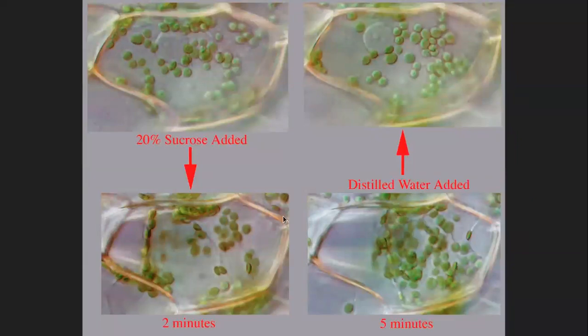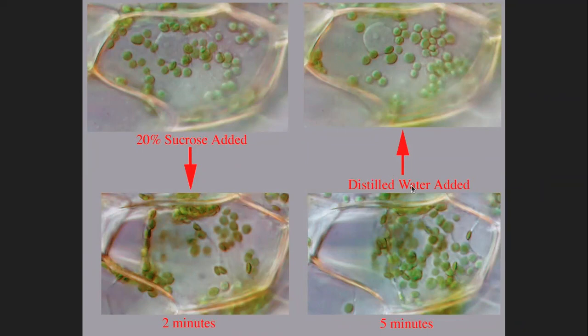Now, when you add distilled water to this same cell, you pick it up and add it in distilled water, the cell will regain its turgidity. So this was a turgid cell. When you add a higher concentration of solute outside the cell, it becomes flaccid, or it will undergo plasmolysis. And from the plasmolyzed cell, when you add it again into water, it will go into the turgid state again. So that is just a quick representation of how the situations can change based on what solution you are using.